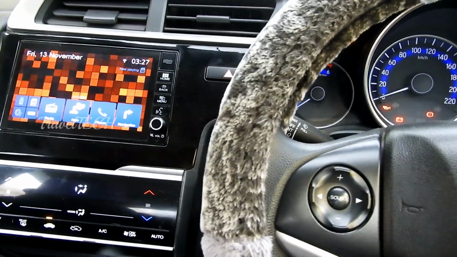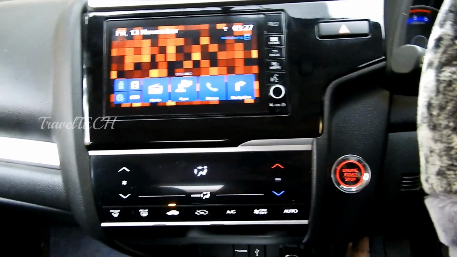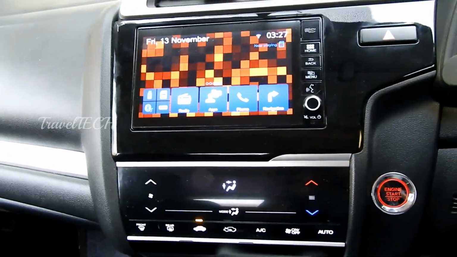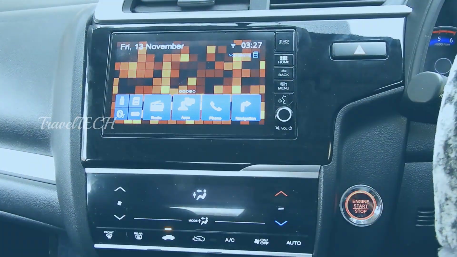So this was all regarding the features and the applicability of this light grid wallpaper. Now I'm just gonna go ahead and show you how to download and install this wallpaper in your digipad. Let's get started.